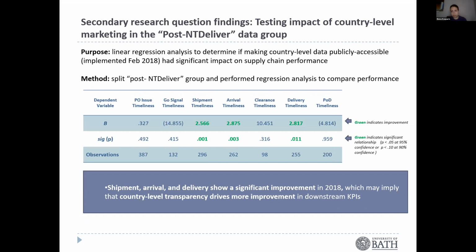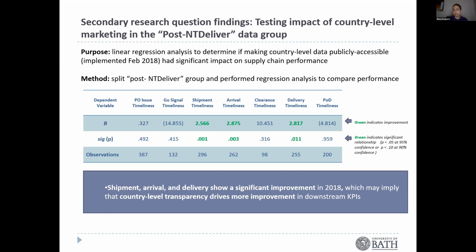Now, this is where it gets even more interesting. I think this is a great takeaway for this group. As I mentioned, our secondary question was looking at what has been the impact of the publicly accessible data. Has that made a different impact? What we did here, a little different in the design, was instead of splitting just the pre-NTD Deliver system and the post-NTD Deliver system, we just looked at the data relevant to the post group, and we split it against the data involved since those publicly accessible pages were implemented,